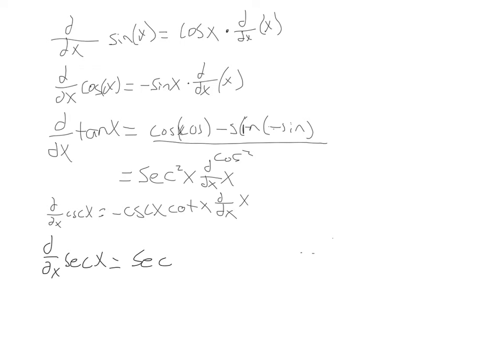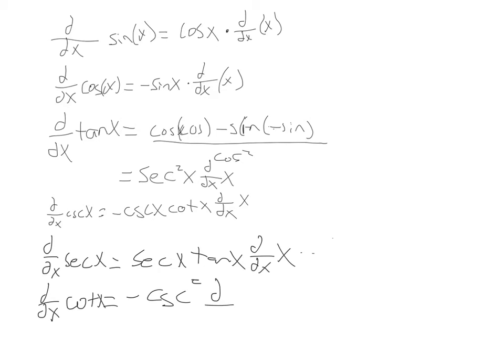And last but not least, the derivative of cotangent is equal to negative cosecant squared times the derivative of x. Again, here's another cofunction, cotangent. Its derivative's got to be negative. If it's a cofunction, cosine, cosecant, cotangent, that derivative, whatever it is, has got to be negative. So finally,